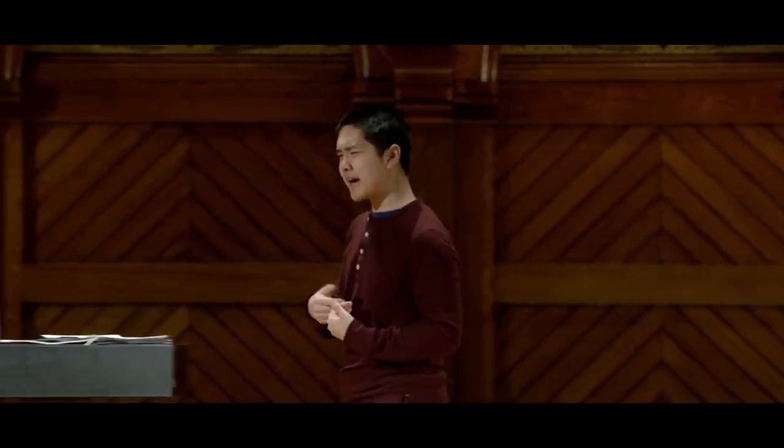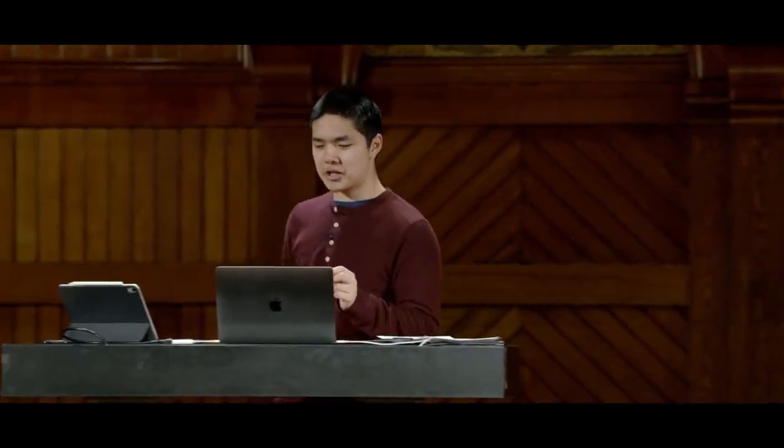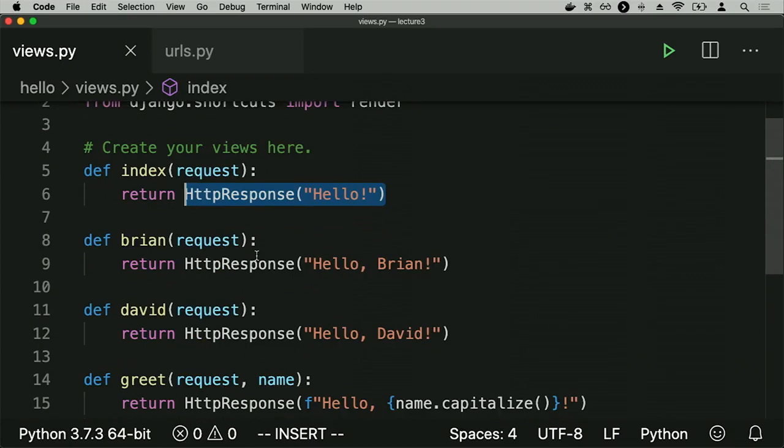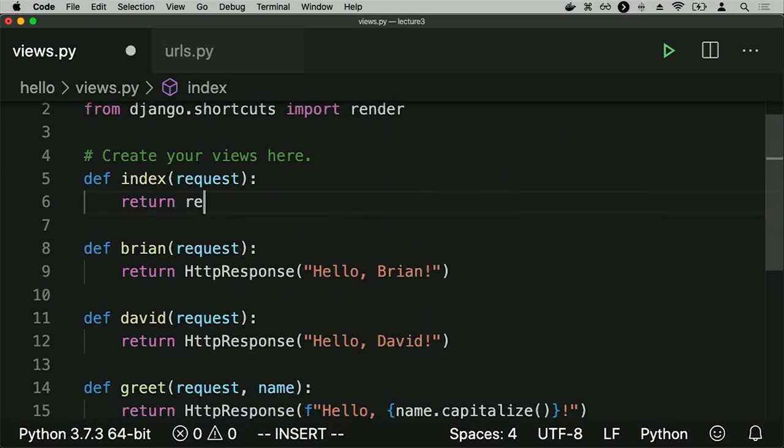And so the way we can do that is instead of returning an HTTP response, let's say for this default route, instead of returning an HTTP response of hello, let me go ahead and render. And when I render something, I need to pass in the HTTP request. But I'll also pass in the name of a template. And I'll go ahead and call this template